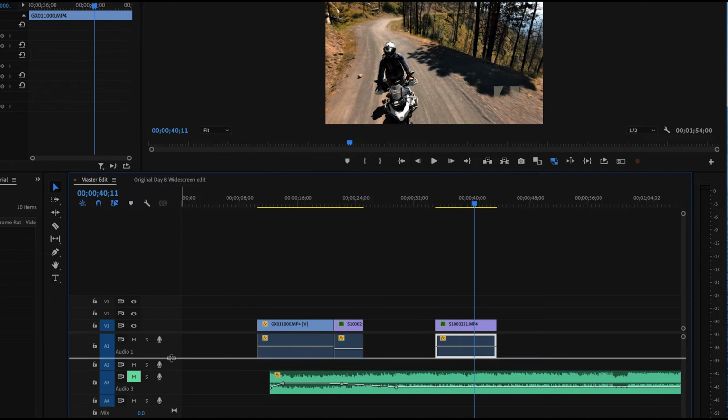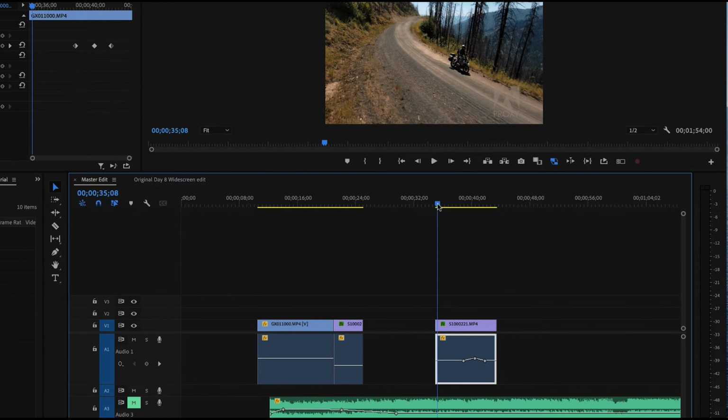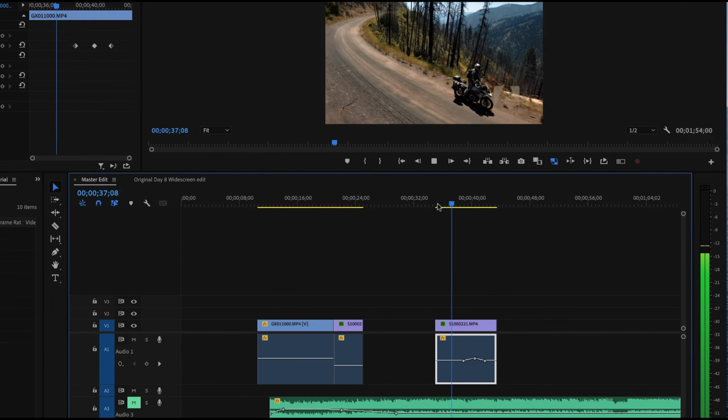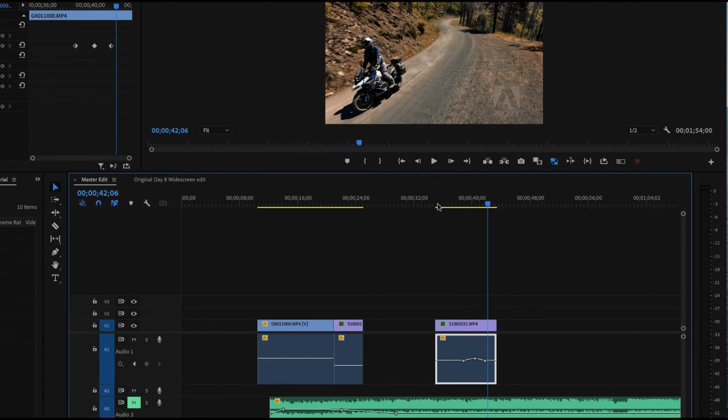So I'm going to widen my audio track, hold down my Command key, and now I can just very slightly bring this down. Let's try that. So it's really subtle, but it actually makes it more realistic. You really believe that that's the drone microphone picking up the sound of that. And especially then if you start layering on the music,